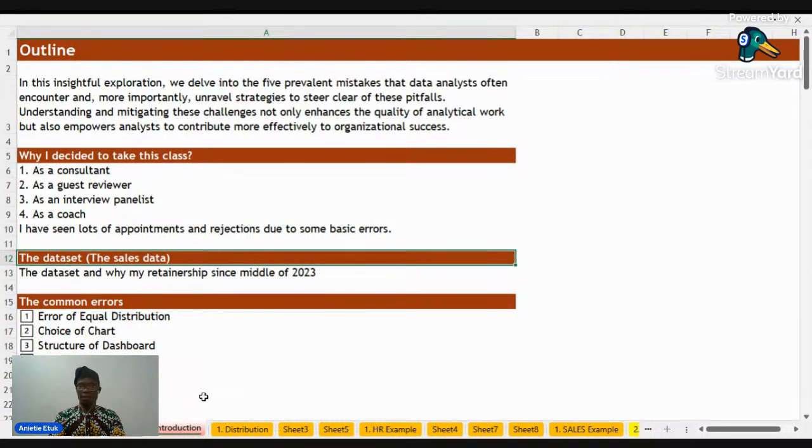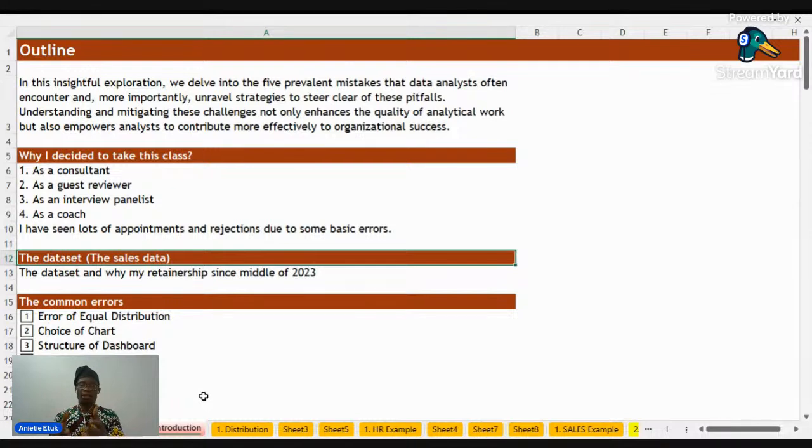Interestingly, one of the data sets I will use in today's class is one I used for a client a few months back. The client is not in Nigeria, so that is not an issue. I changed everything in the data, from the type of product to their location to the number of staff they have. I removed a lot of things, so it's untraceable. Number 2, I also spoke with the business owner about what I want to do with the data set, and he said go ahead. So there's no way you can link it to them, and I have the freedom to use this data set for the discussion.